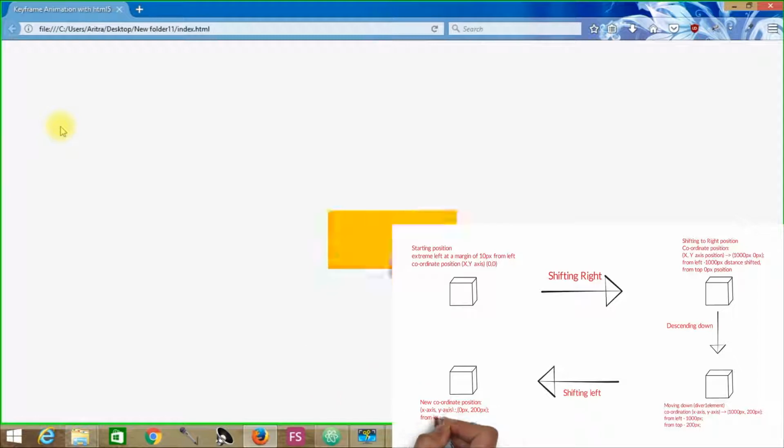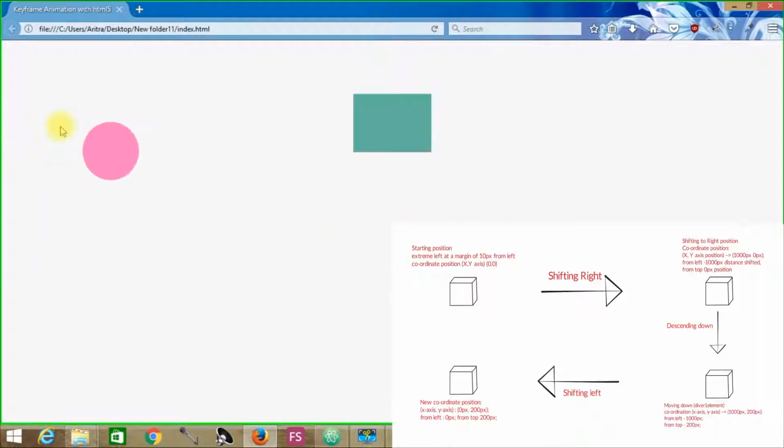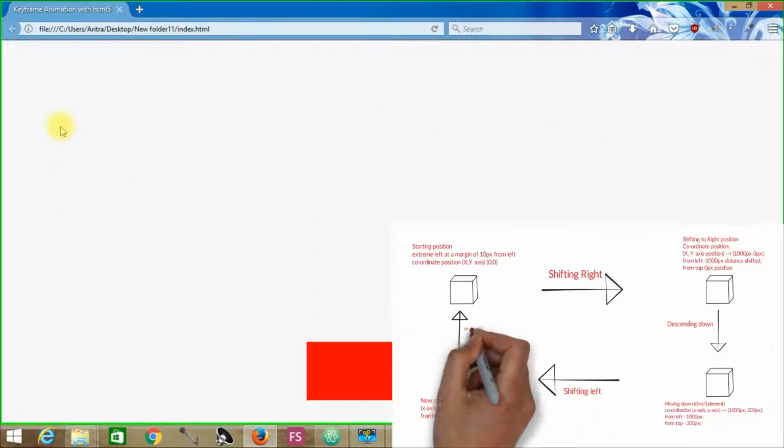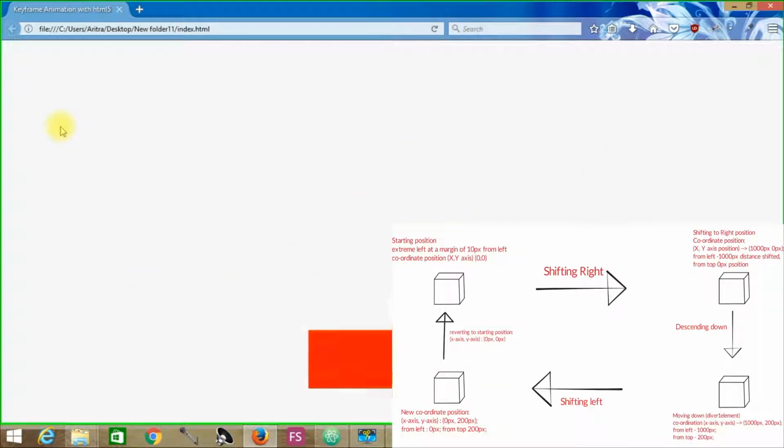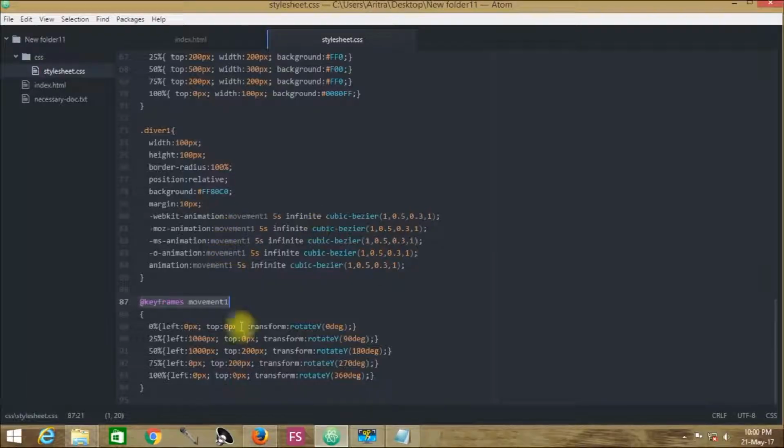That means the x-axis and y-axis coordinates will be 0 and 0. So all this is coordination setting, and that is what we need to mention in our syntax, as we can see.